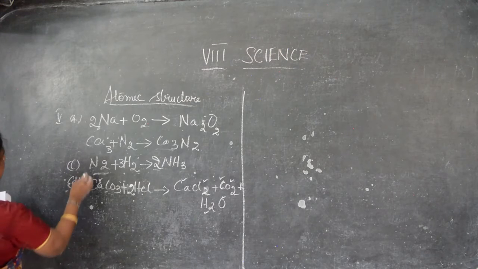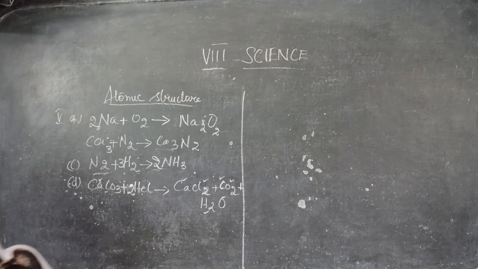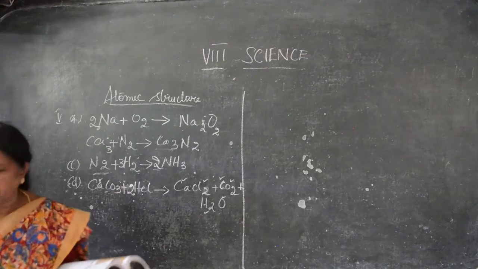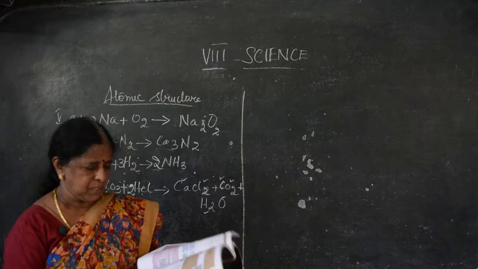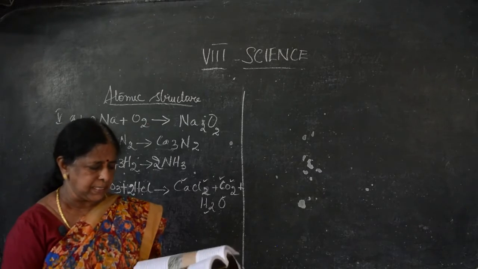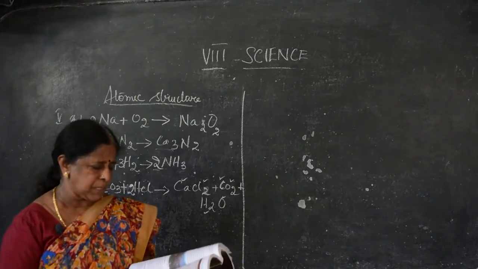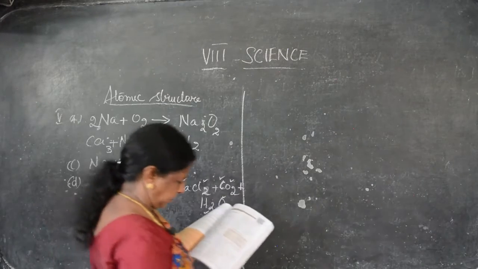Only 4 enough. D, E not necessary. Only A, B, C, D. Only 4. So now chemistry atomic structure is revised. Water, already I gave the answers. As per the government syllabus, we reduced and we took according to that. Next lesson, what I said, water.